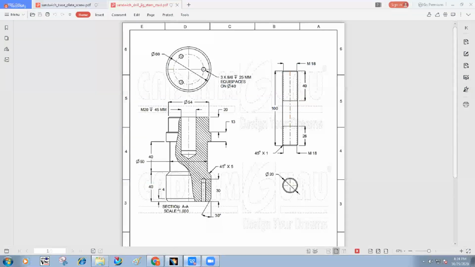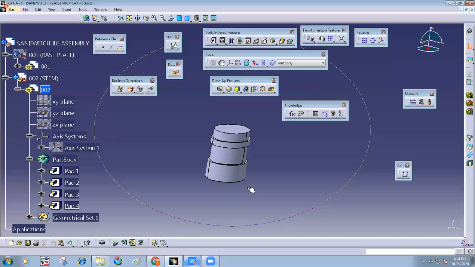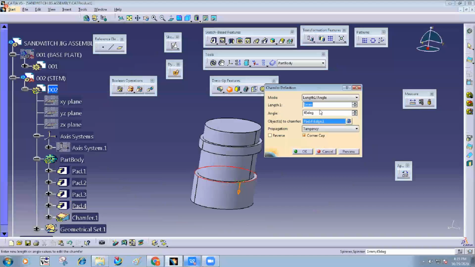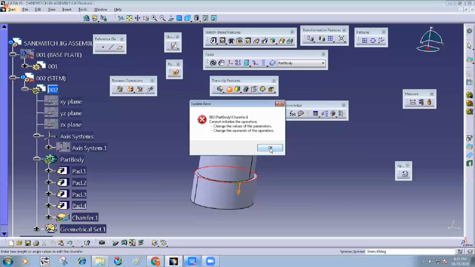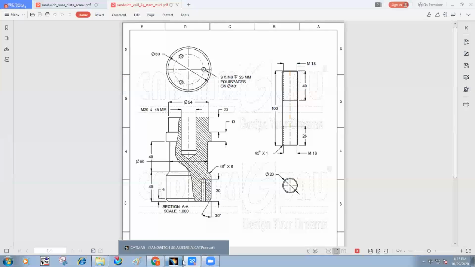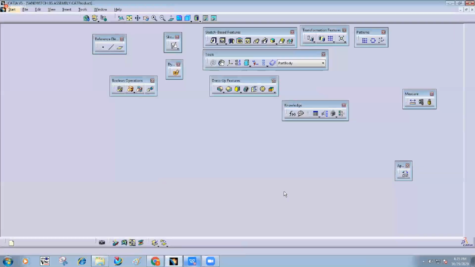This is something different. Fine. Sir, pad 2 diameter is 50? Yes, sir. Yeah, it is 50. Correct. This one.